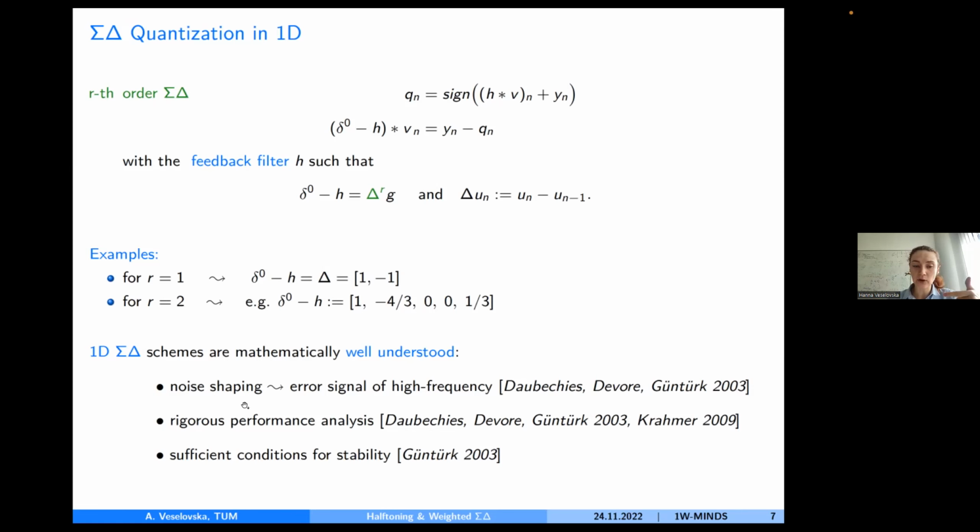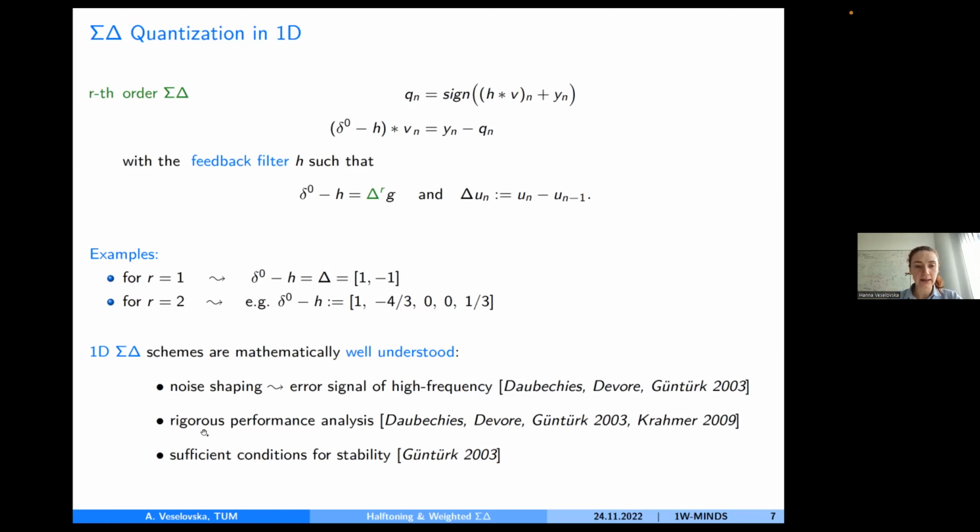And this noise shaping property tells you that the error signal, this e_q, if you use sigma delta quantization schemes, is of high frequency, which means that if the frequency is high enough, then you cannot see any difference between the true signal and the